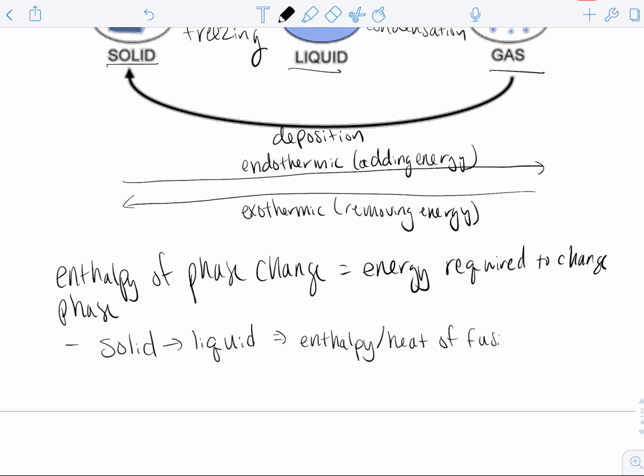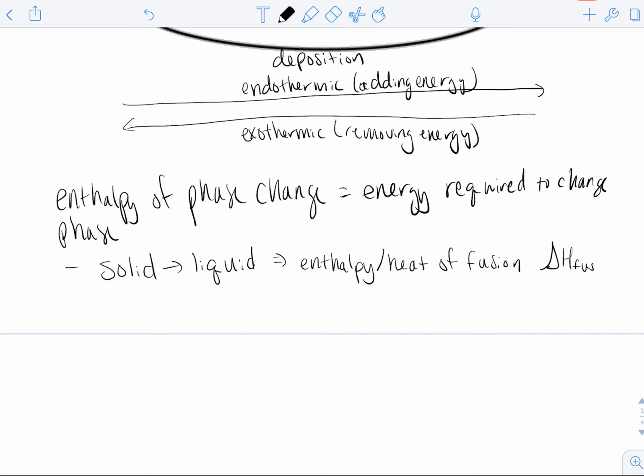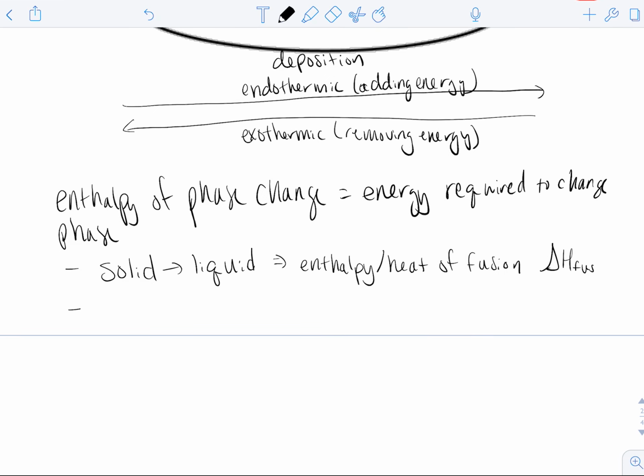So it would be delta H FUS. It's going to be positive if we're going from solid to liquid, negative if we're going from liquid to solid, right? Because going from liquid to solid, we are actually removing energy from the system, so it would be negative. Going from a liquid to a gas